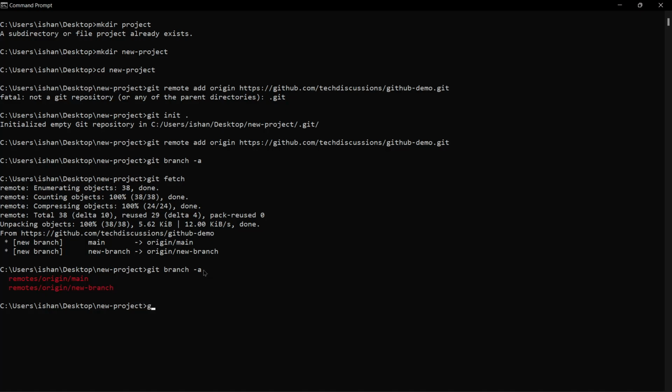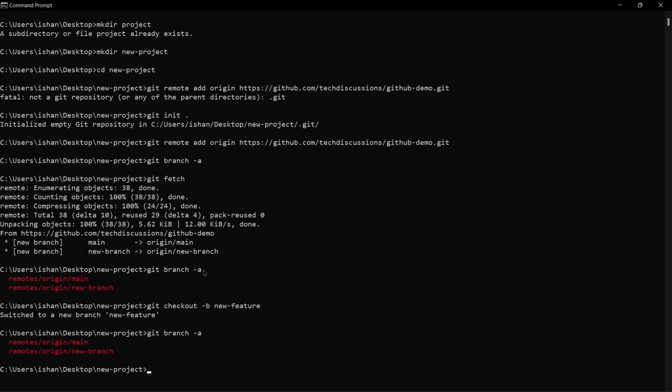So how to create that? For that, you have to use this command git checkout, and then the b flag, and then the branch name. So suppose there is a branch with new feature. Okay, yeah, new feature. Now if I check,